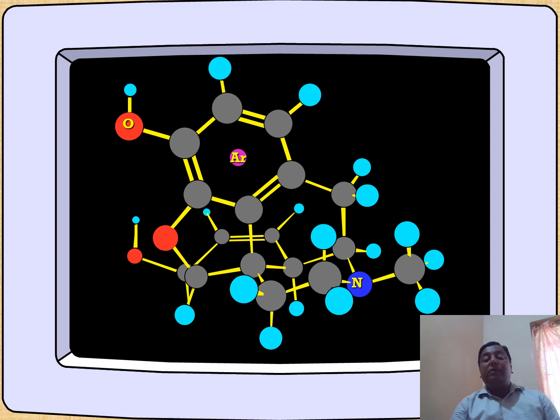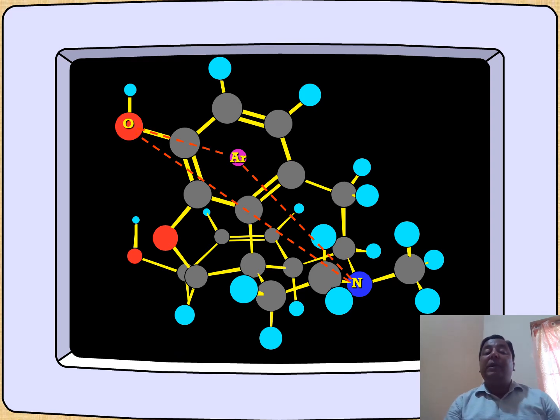These compounds have one acceptor atom, one aromatic ring, one nitrogen atom, meaning a donor atom. Now the distances between these three atoms are responsible for binding,